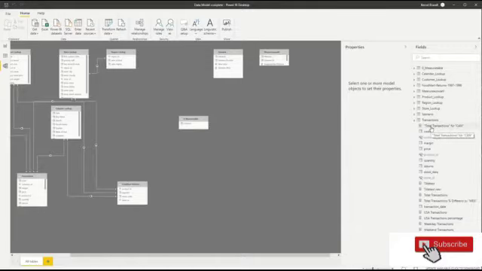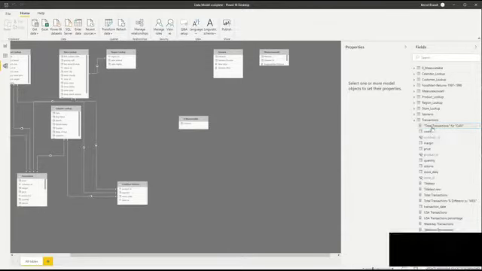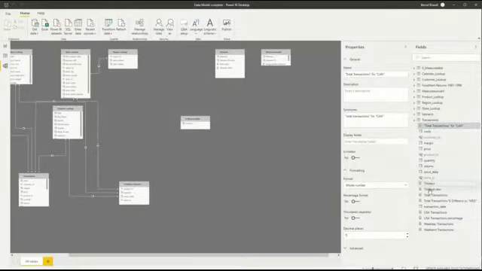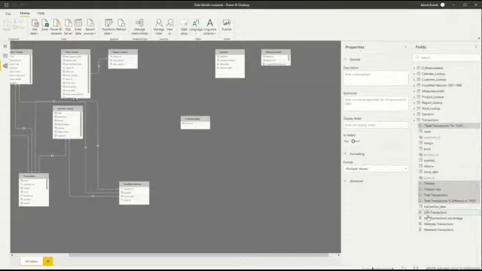Now, if you ask yourself, why did he name this table a zero underline measure table? Now, the reason is the automatic result order from Power BI is alphabetic. So normally, you want to have this measure table on the top. Now, if you rename it with zero underline, you make sure that you have it on the top in the order, and this is your advantage because now you can always check out your measures on the top side of